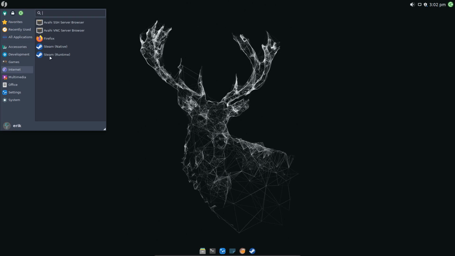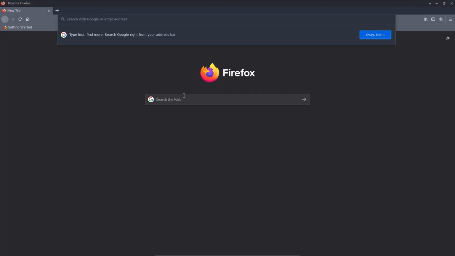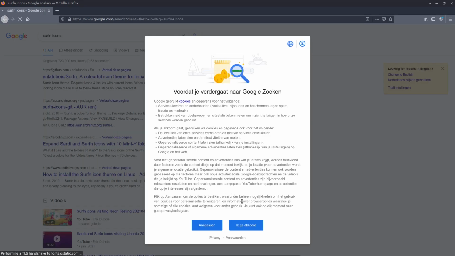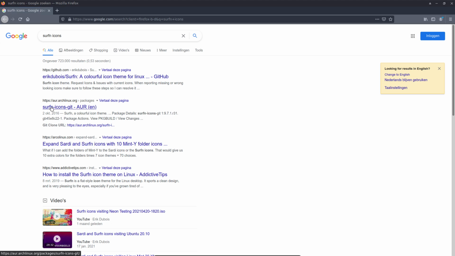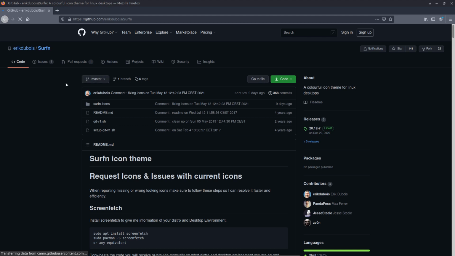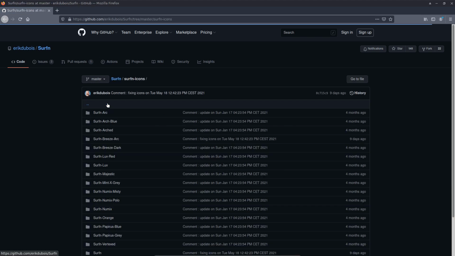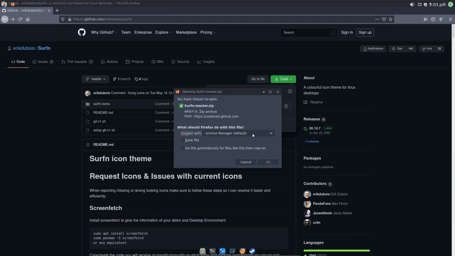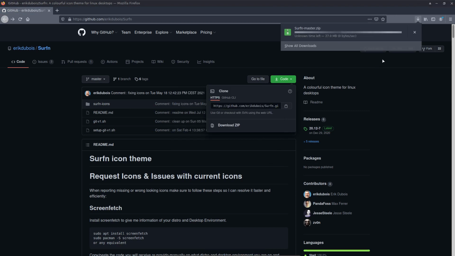And then I stop. How would it look with another icon set? The Surfn icons. Not that one. AOR is not maintained. I was kicked off by a bully on Arch on the AOR, so I'm not making any packages anymore on AOR. So it's here, the code, Surfn icons, lots of icons, code, download zip, save file, do automatically, voila, that we got,